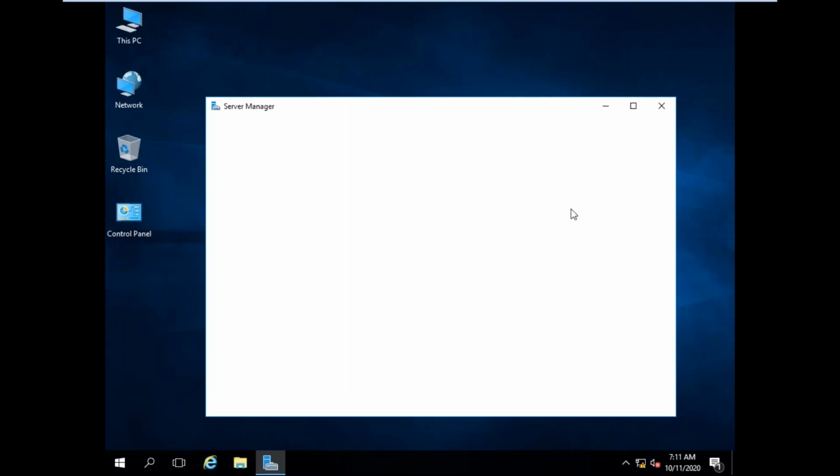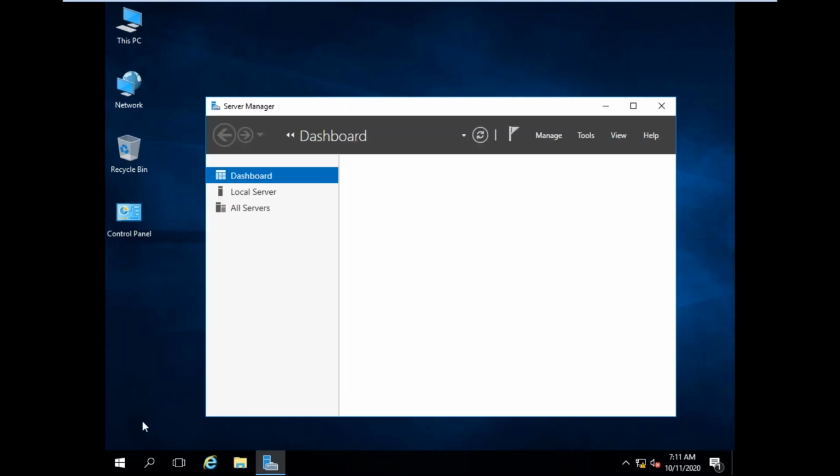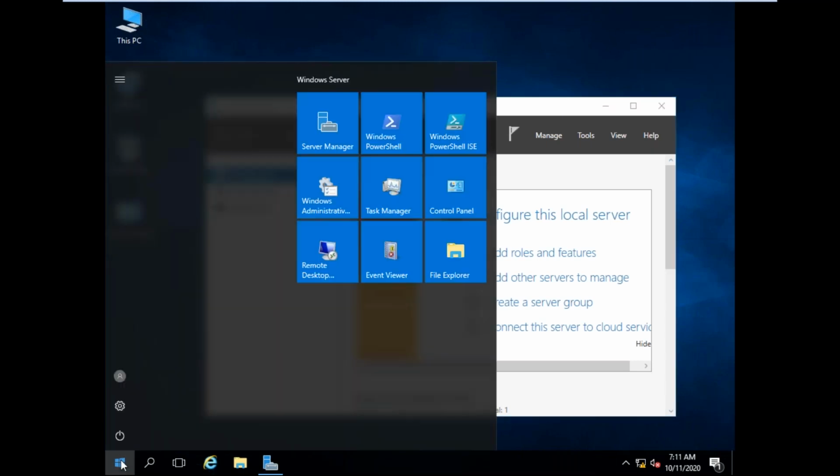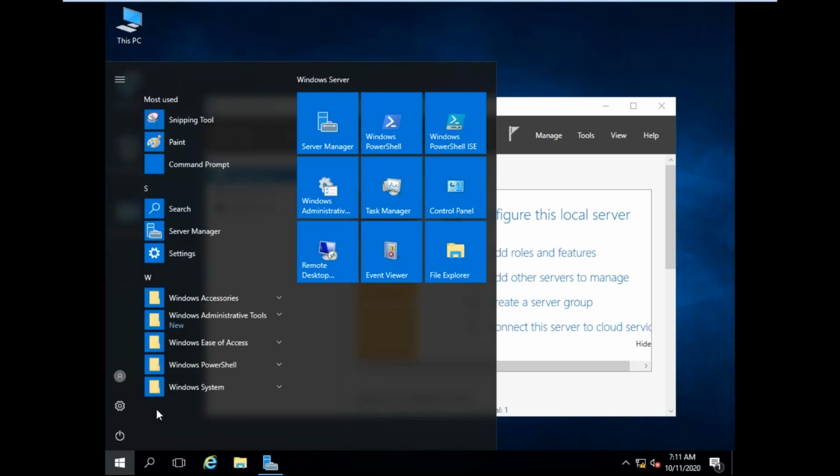Now the server manager is opening. Now you can click on the start button. Here you can see Windows administrative tools. Click on this.